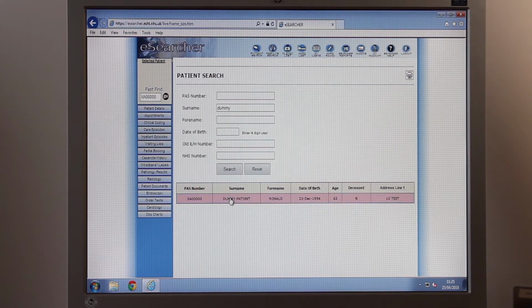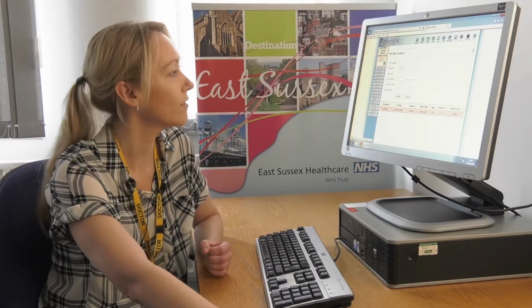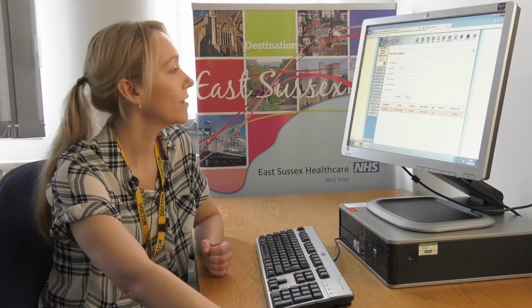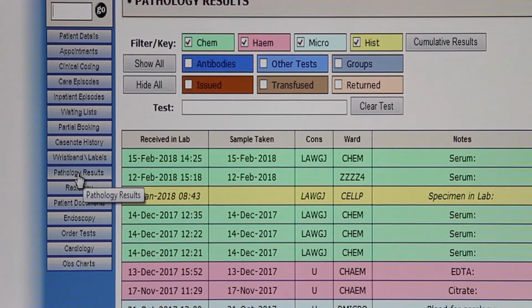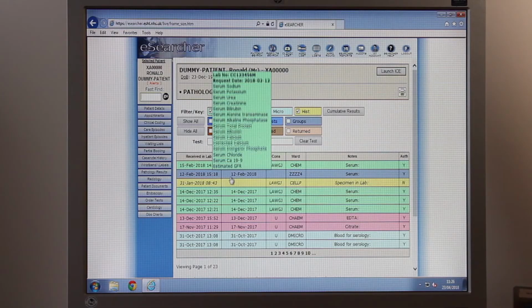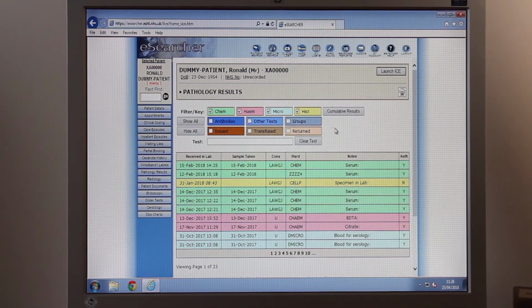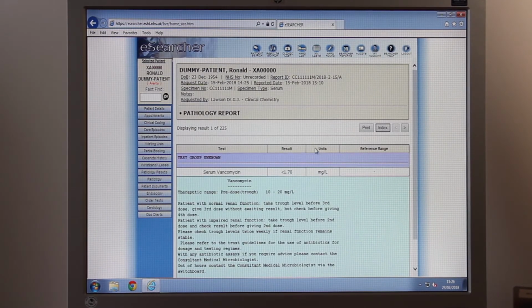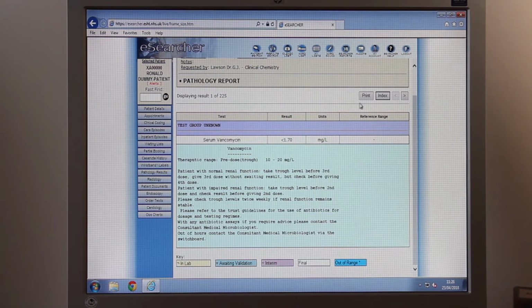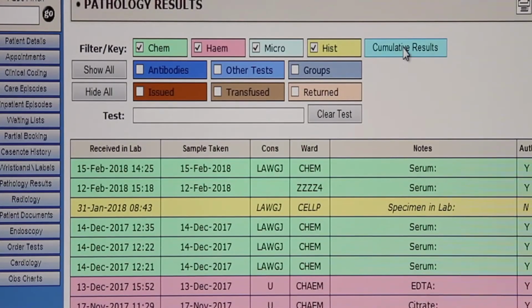Once you've got the patient information, you can click on a number of different things down the side, which is going to give you different information. So probably the most important things that you're going to be looking at on a daily basis are your blood test results, so your pathology results, and that will come up with a list of all the results that they've had regarding their blood tests. So you can look at those either individually. So if you click on a result, then you can go in and see what your result is. And you can also look at a trend. So if you go to cumulative results,